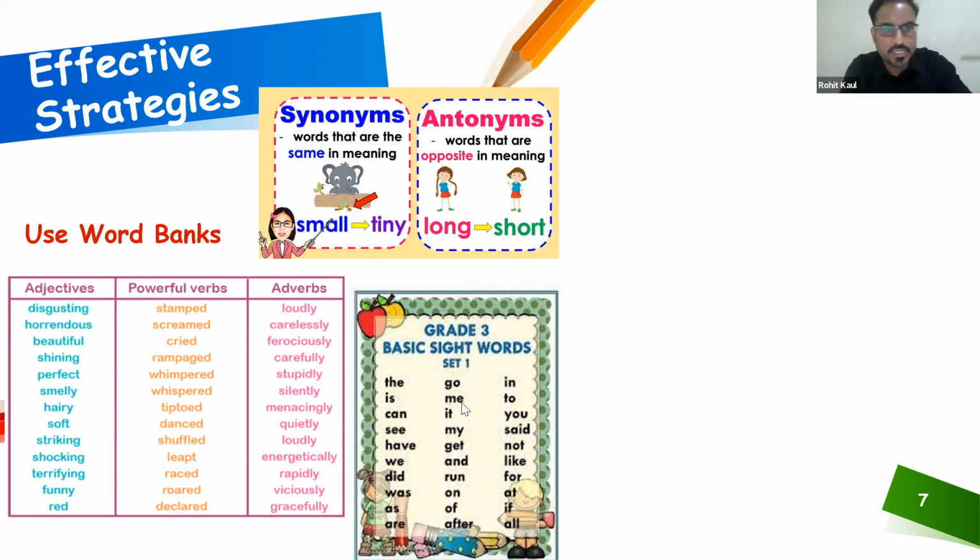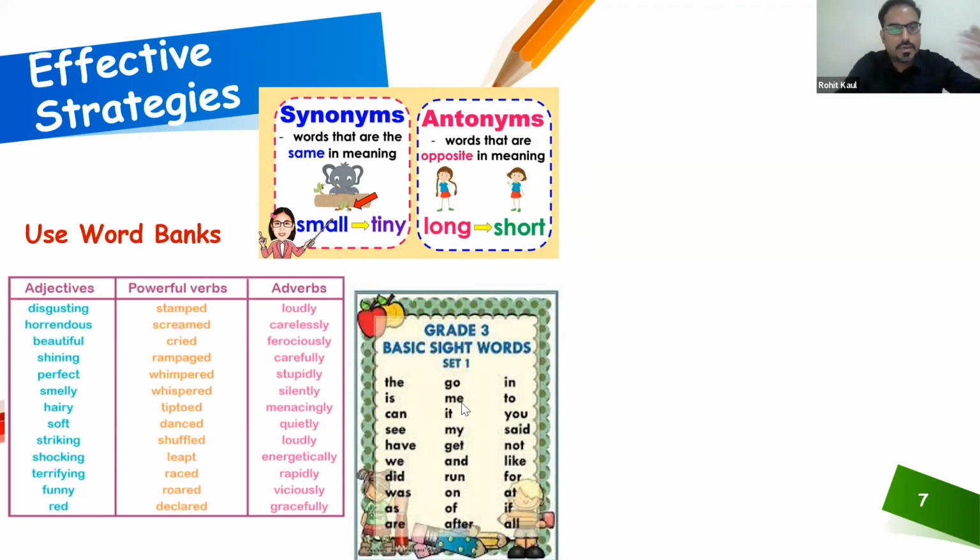Why are we putting these word banks there? So that they start using them. They start using them in their sentences. They start using them in their speaking, writing. These are all main areas of language acquisition. So when they start using these words while conversing or while speaking, they will start using them in writing as well. They will start seeing these, so they are reading them, and they are also listening to them from you or from their friends or their family.